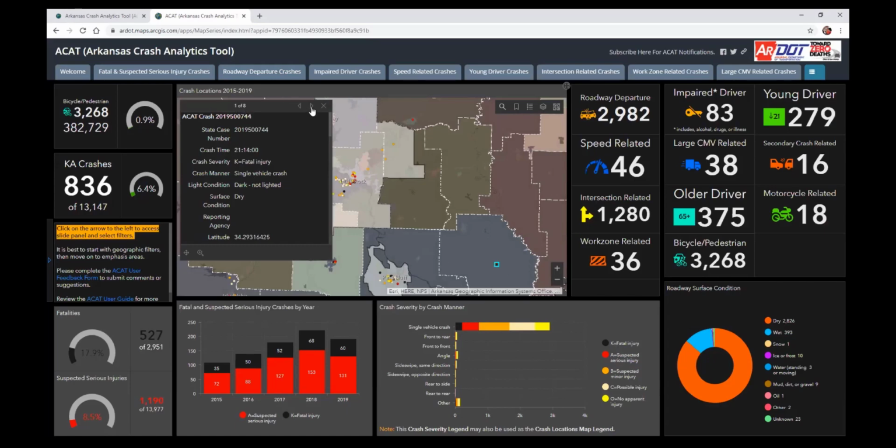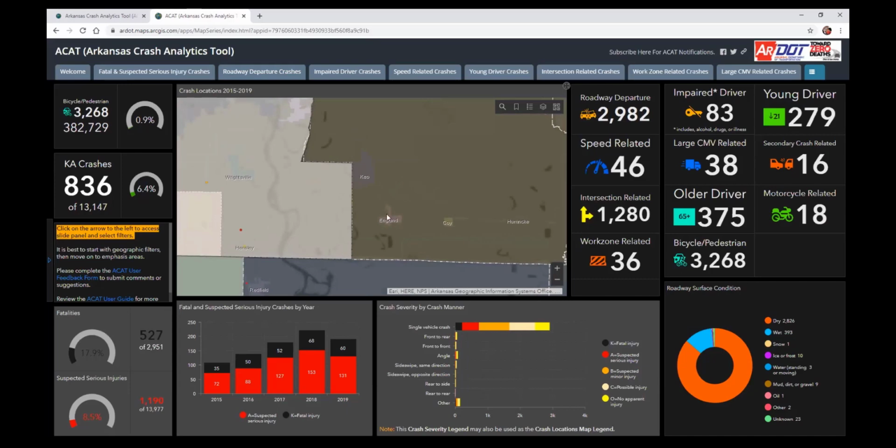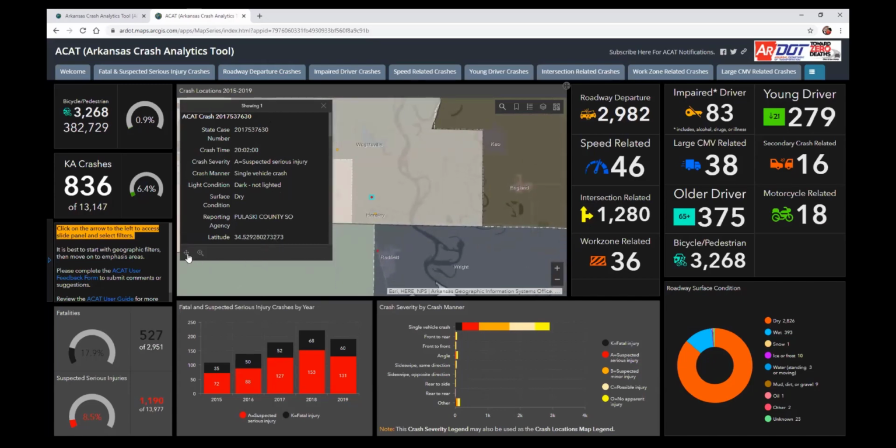So in that case, you can scroll through each of those and look at additional information for those crashes. If you see these little triangles and the number, then you know that you actually have selected more than one crash. But we're going to get to where we just have one, and then of course it'll say showing one. So once you have the pop-up,